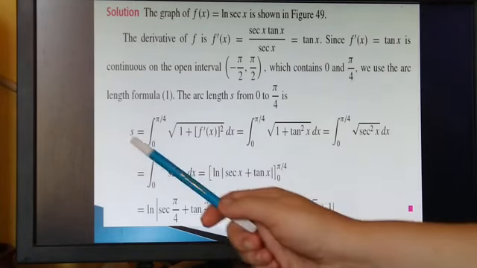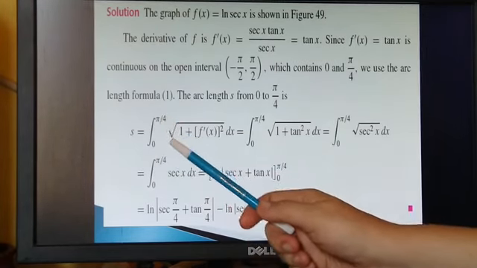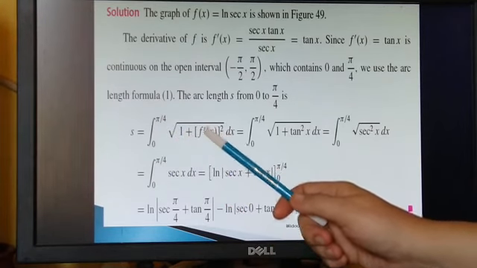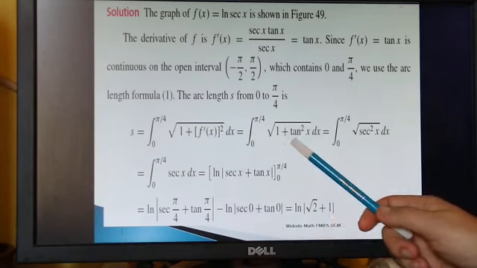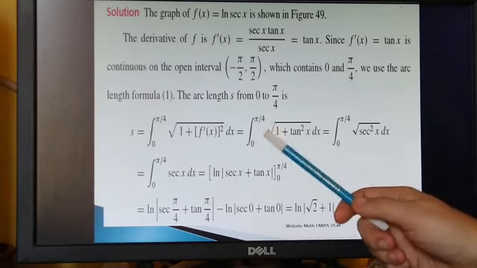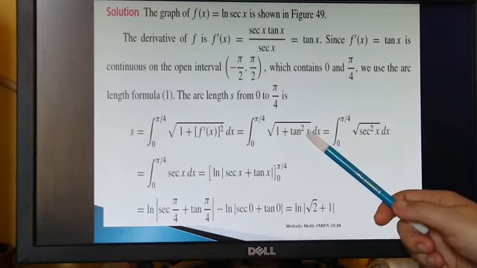That is, s is equal to the integral from 0 until pi divided by 4 of the square root of 1 plus f prime x squared dx. So this is equal to the integral from 0 until pi divided by 4 of the square root of 1 plus tangent